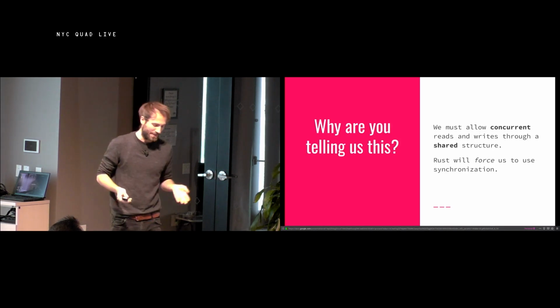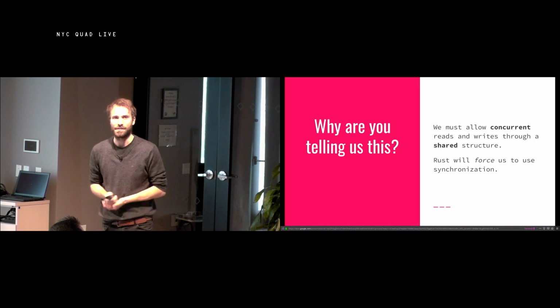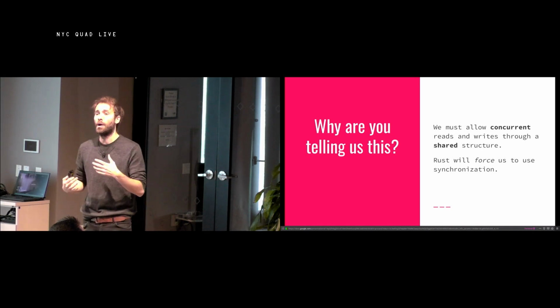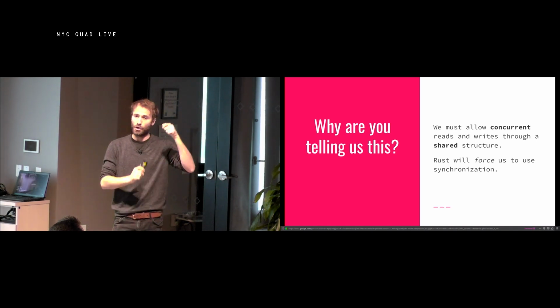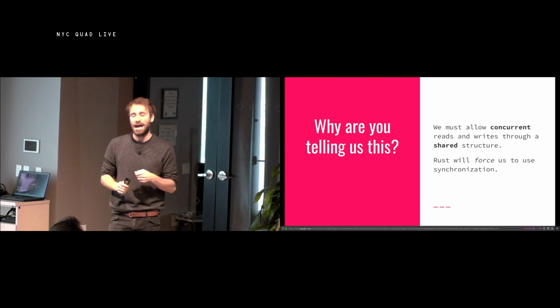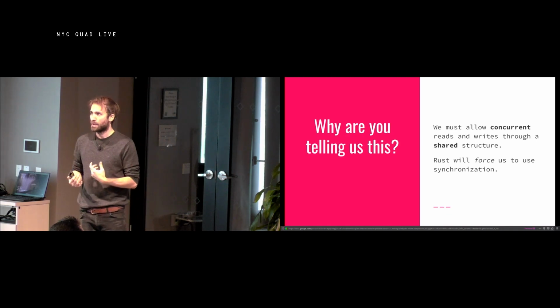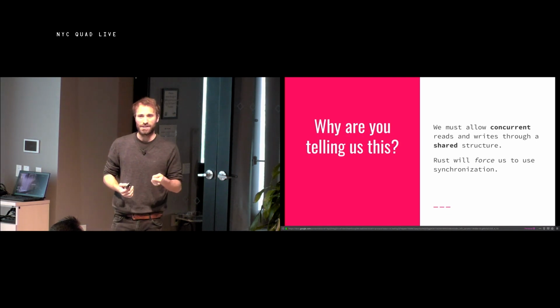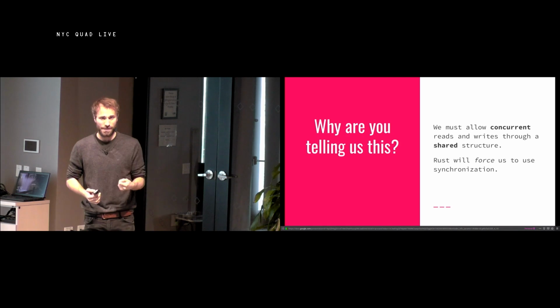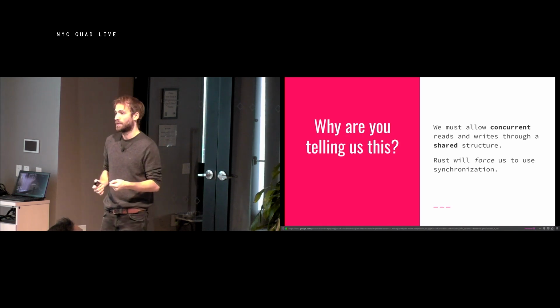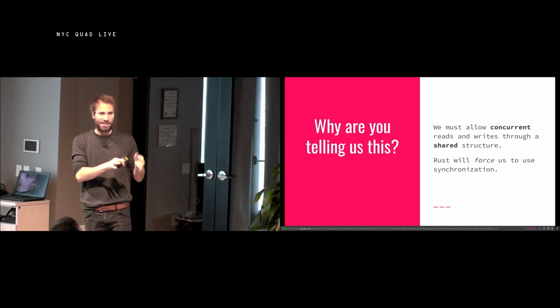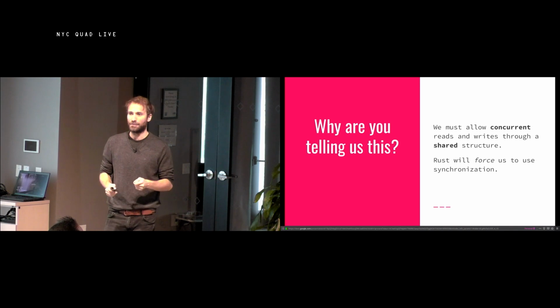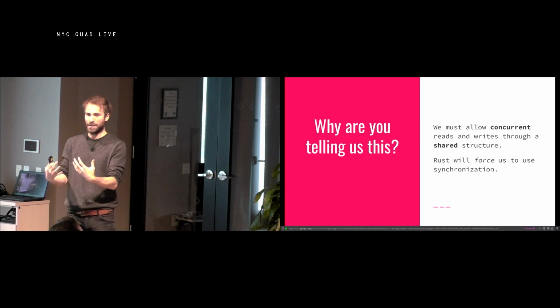So why am I telling you all this? It seems like a lot of sort of CS nonsense. Well, it turns out you can frame the problem that we looked at in the beginning, of concurrent access to the results table, as ownership, right? Because what we're trying to do is allow concurrent reads and writes to a shared structure, which Rust has just told us is not okay. You are not allowed to have something mutate and something read at the same time.